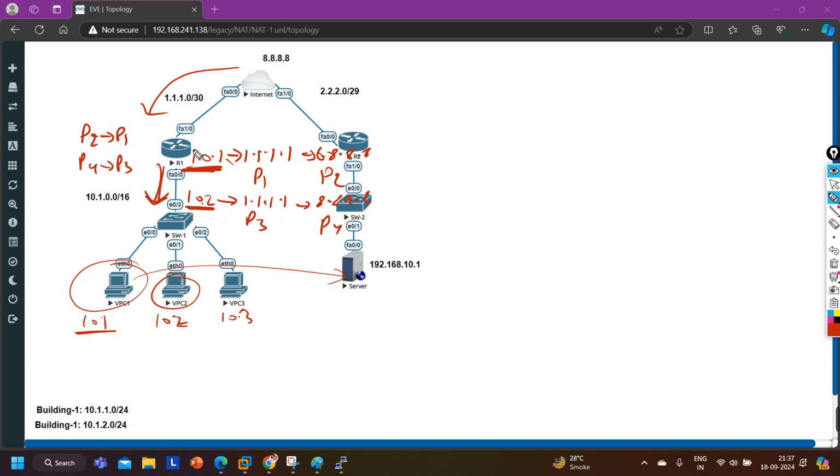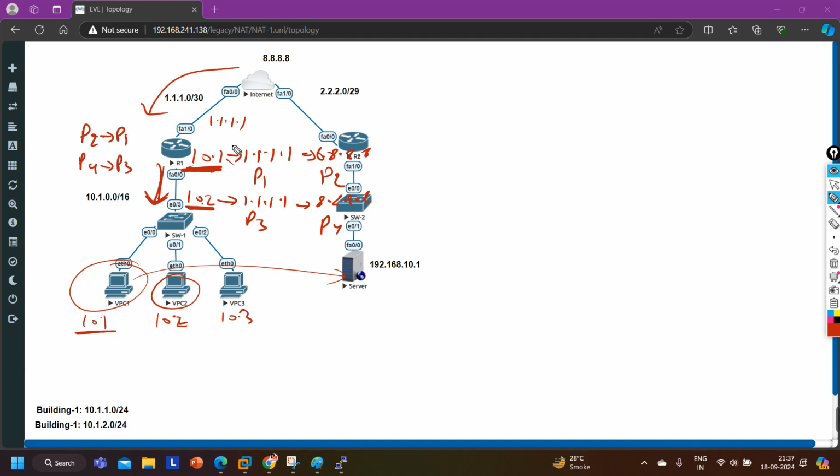So with the help of port numbers, it will identify the reply packet, because in the reply the destination will every time be 1.1.1.1. So it will check the destination port number.